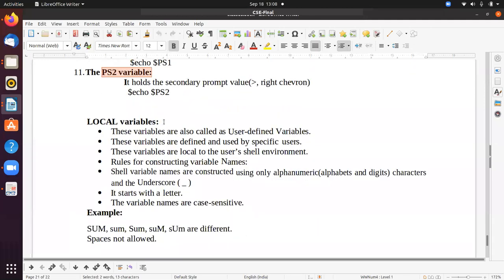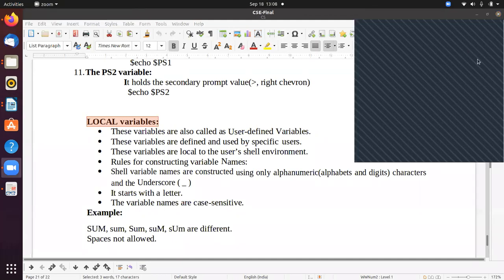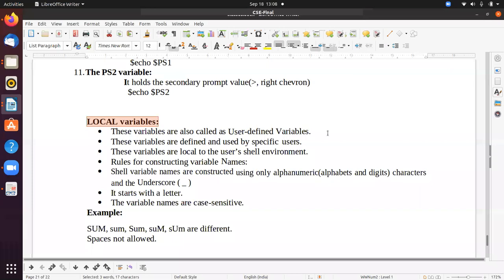In today's class, local variables. We call the system variables global variables. What does it mean? For example, you write two programs, program 1 and program 2. In program 1, you define one local variable A. You create a variable A in program 1, and you define another variable B in program 2. So program 1, variable A, program 2, variable B.